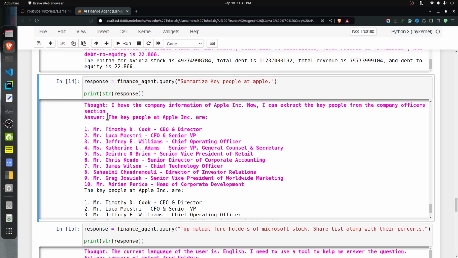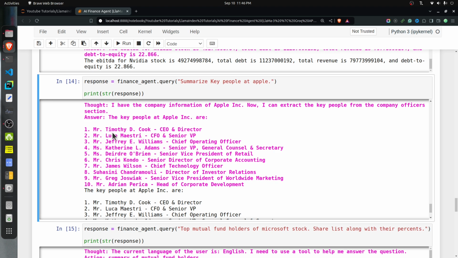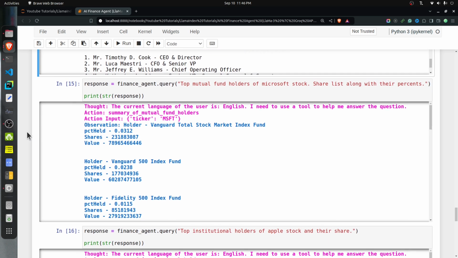And you can see that here are the key people at Apple: Timothy D. Cook is the CEO, Luca Maestri is the CFO, Jeffrey Williams, Chief Operating Officer. So all those important officers are listed over here. Next, you can ask it